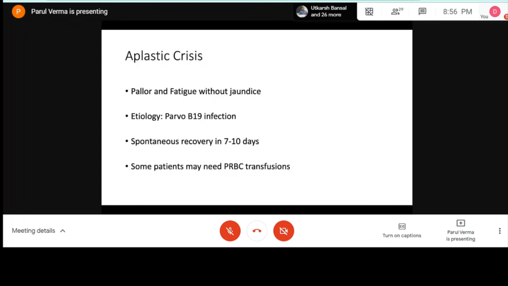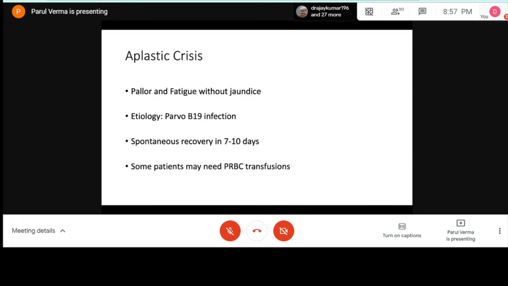So children with sickle cell disease are dependent on rapid hemolysis, rapid RBC production. So anything which hampers the normal production will lead to worsening of anemia, which is the case in aplastic crisis, parvovirus B19 infection. Again, it's usually a self-limiting disease. Spontaneous recovery happens in 7 to 10 days. Some patients in whom the hemoglobin has dropped quite significantly, child has developed symptomatic anemia, then they would require PRBC